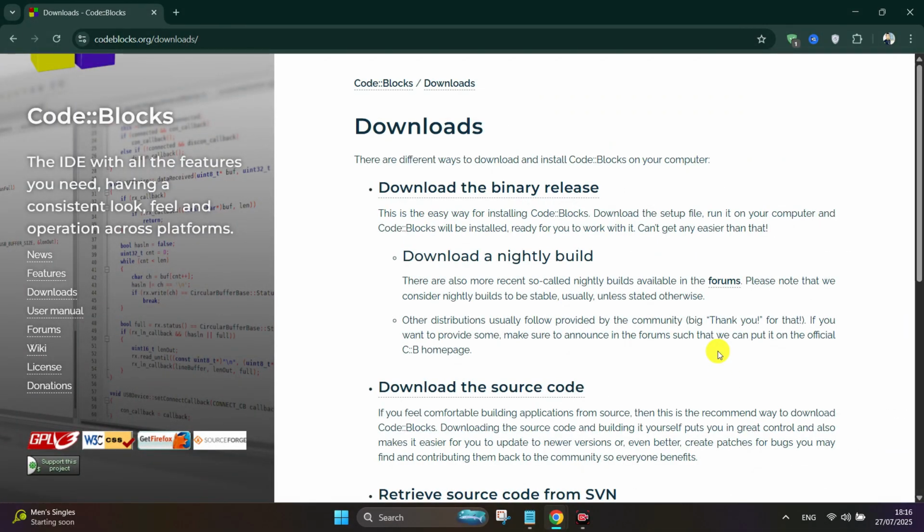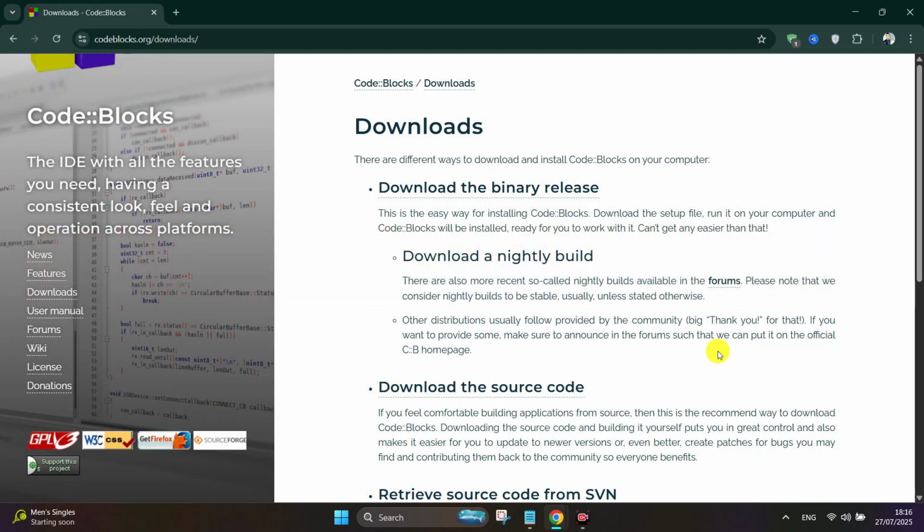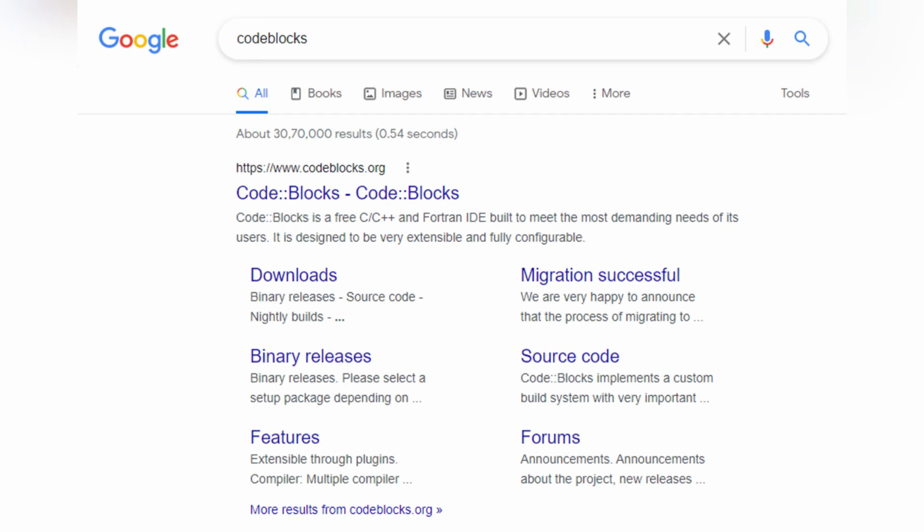Hey everyone, in this tutorial I'll show you how to download Code::Blocks for Windows 11. First things first, launch any browser and in the search bar type codeblocks download. Click the first link or go to